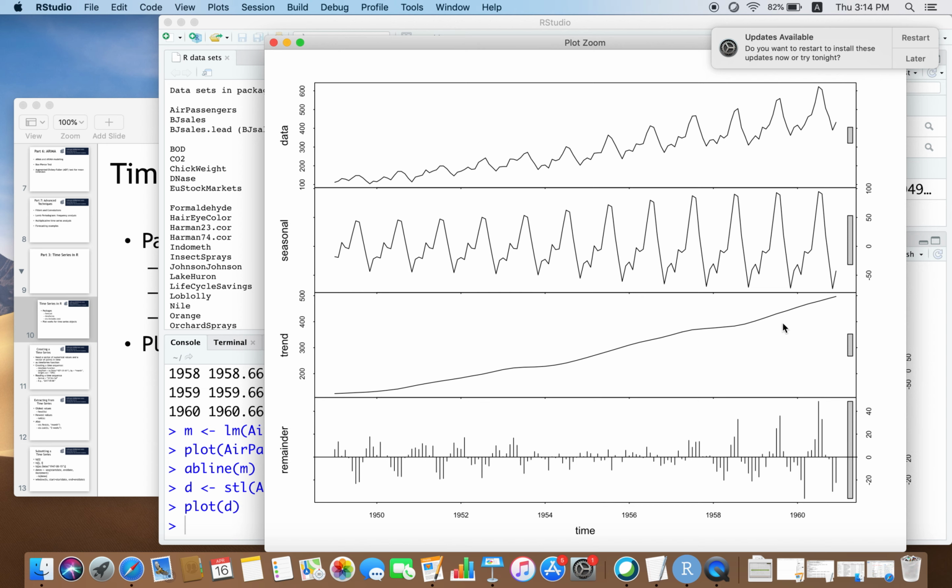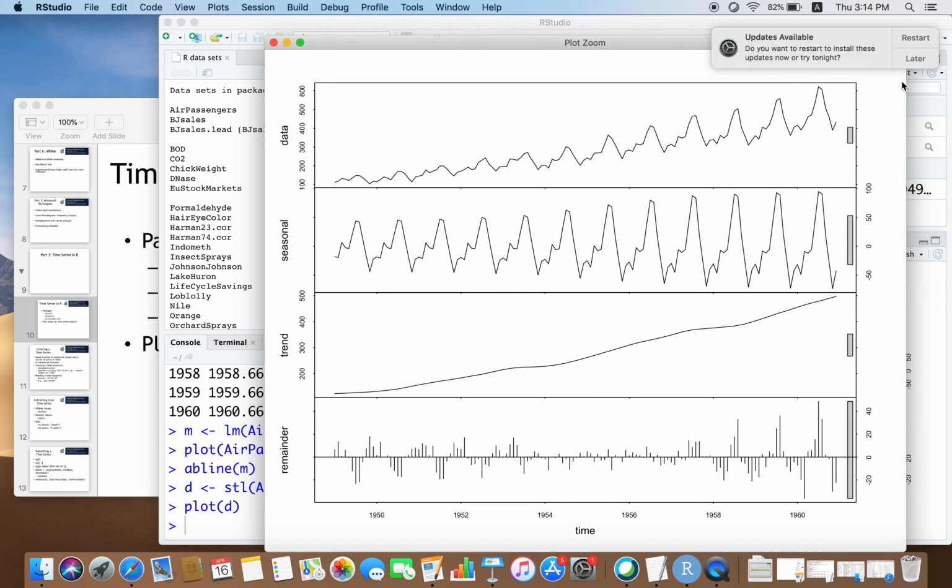If I remove the seasonal variations, this shows how the trend has been extracted as a component from the data set. It shows the actual way in which this data has trended. And the second one shows only the seasonal component, that is, you subtract the trend, this is the seasonal component, and you can see the same kind of seasonal variation happening, although the amplitude of the seasonal variation is increasing.